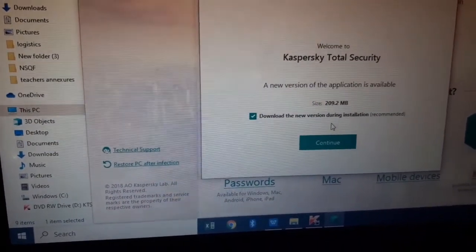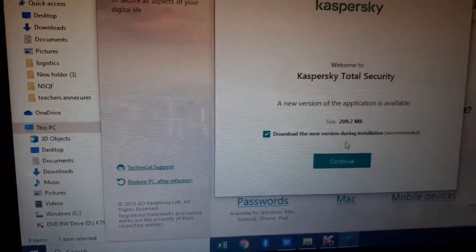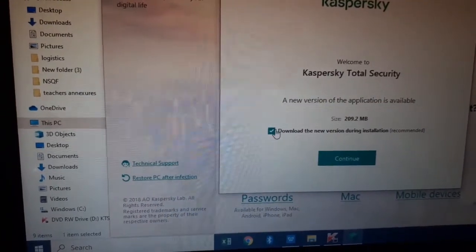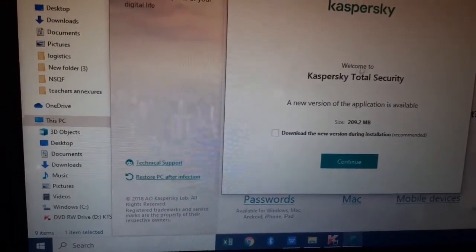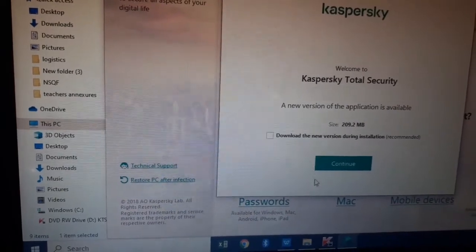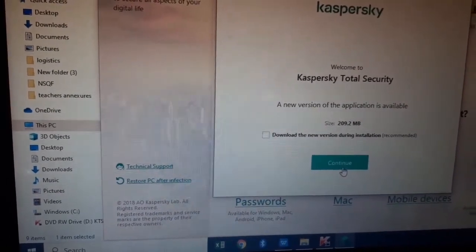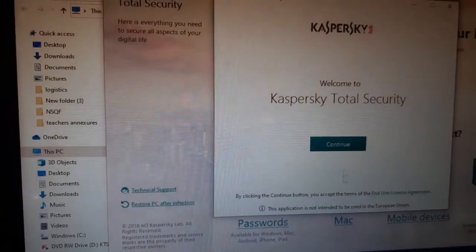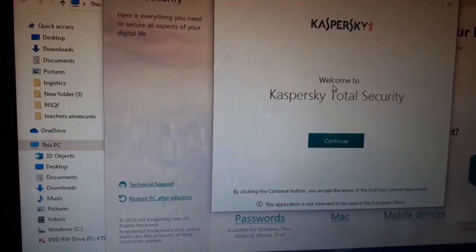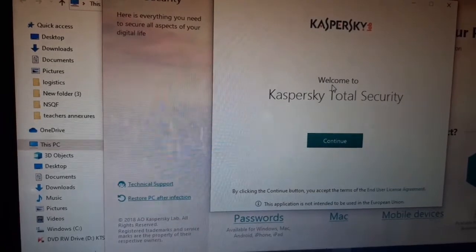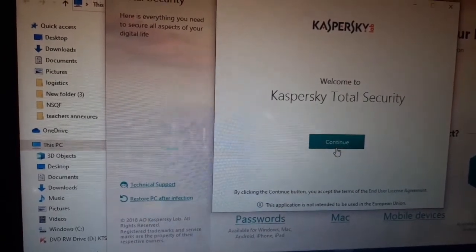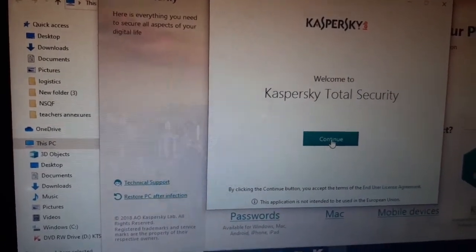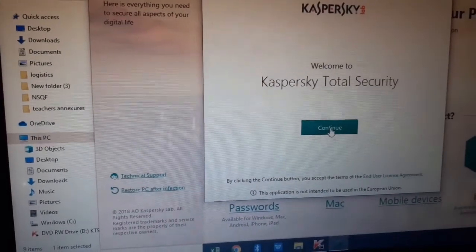It is recommended to download the new version. As of now, we can deselect it so that we can update the software at a later stage. So we'll click on continue. It says welcome to Kaspersky Total Security. Click on continue.